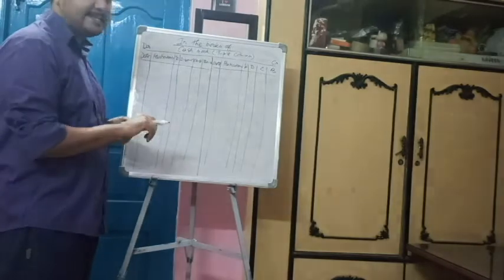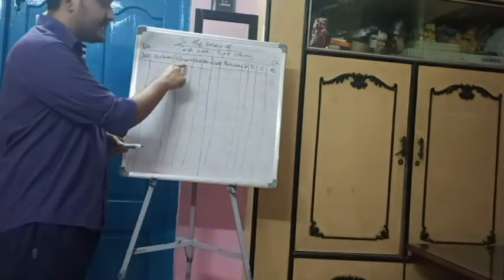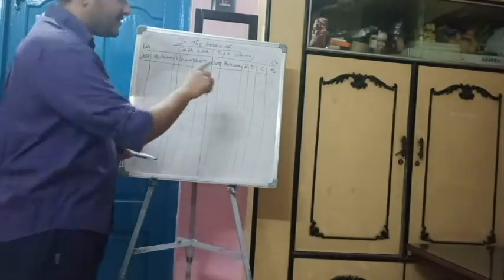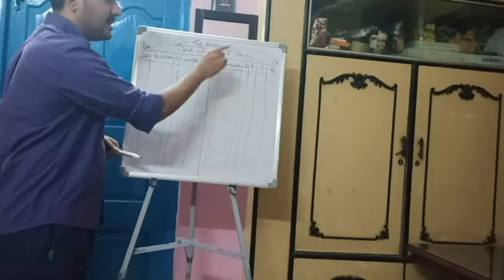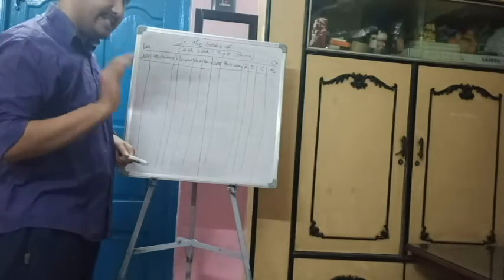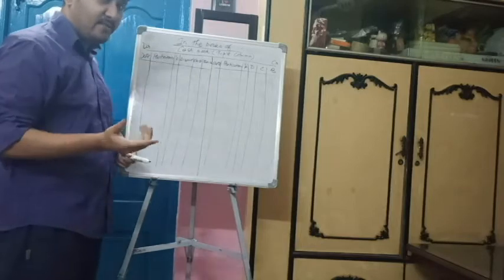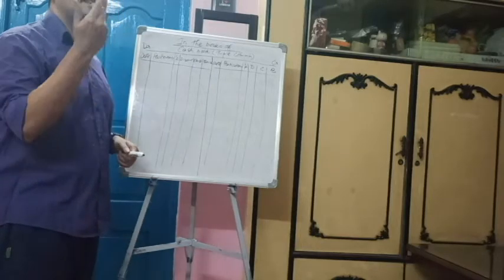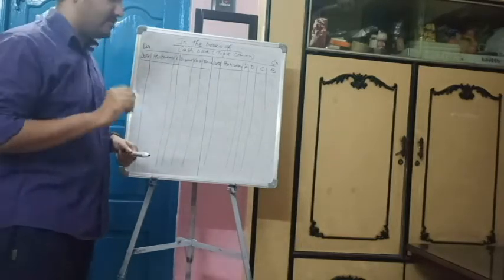So remember this: debit in cash book, discount means discount allowed, and credit in the cash book, discount means discount received, because we are paying. When we pay, we receive discount. When we receive cash, we give discount. Opposite.